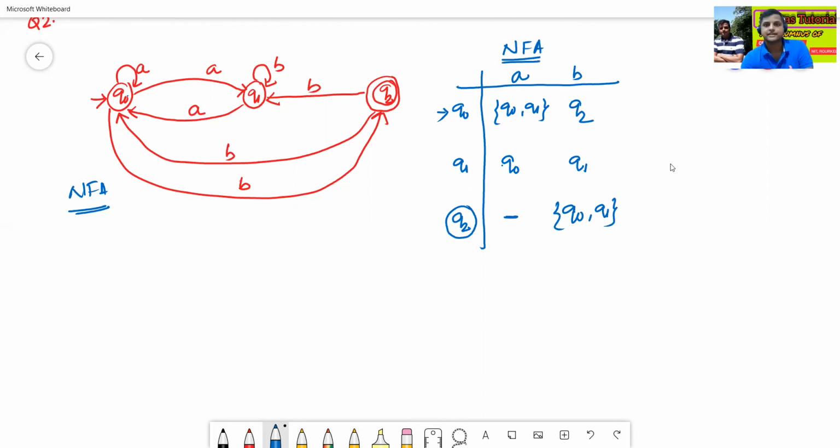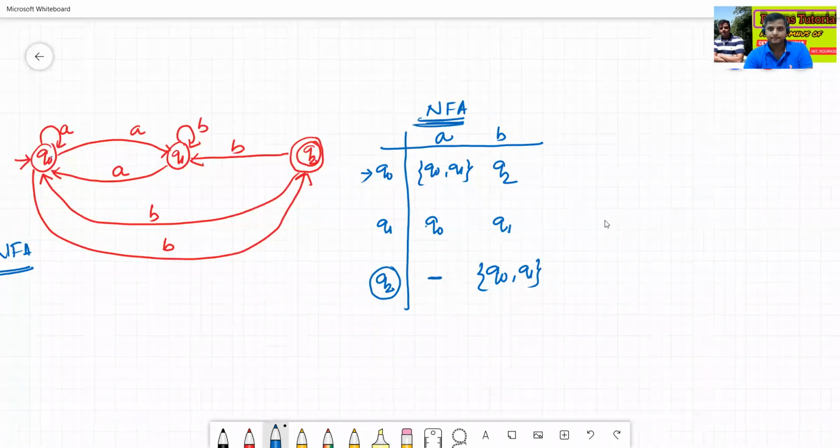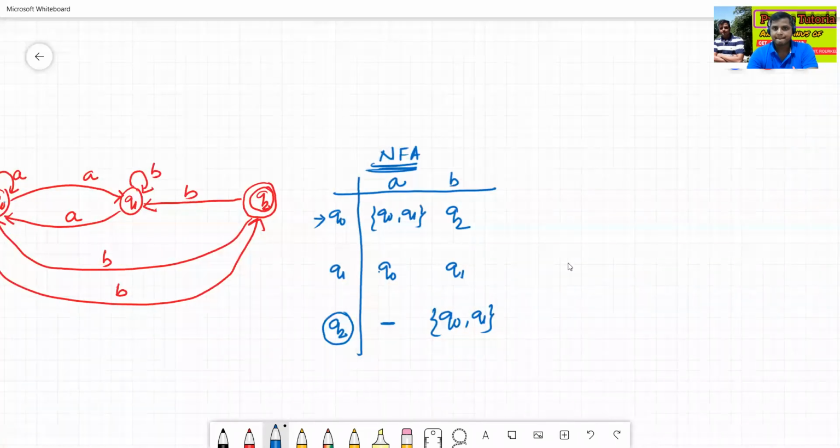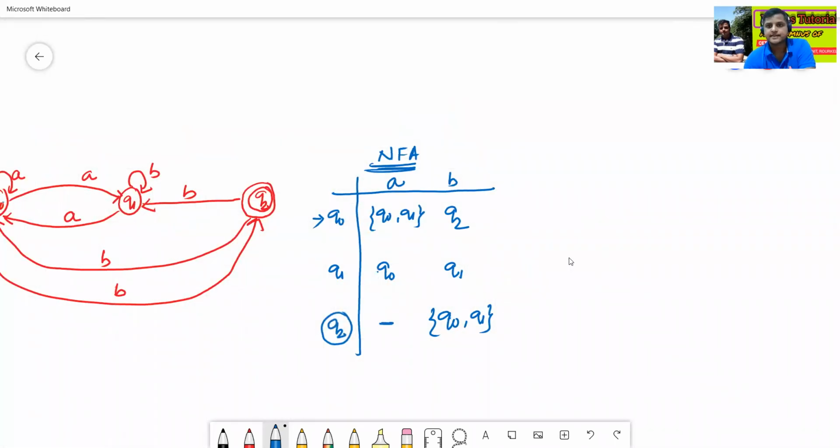Now we'll convert this NFA to DFA. See here how to convert. We have already discussed this in the above question.